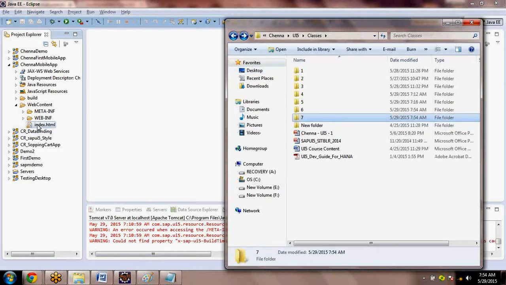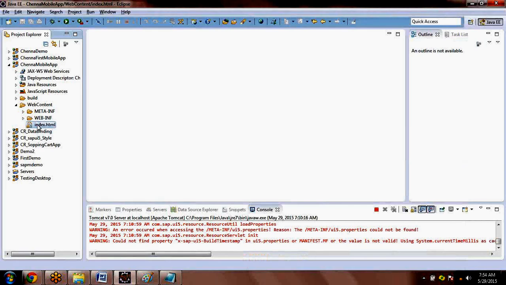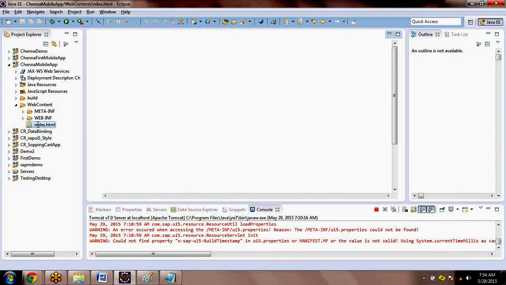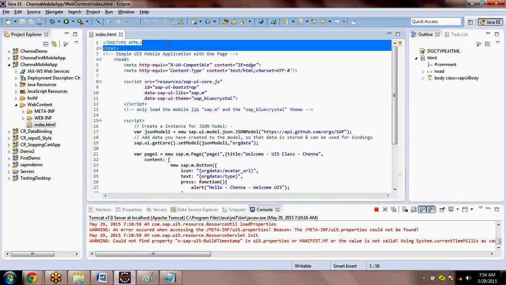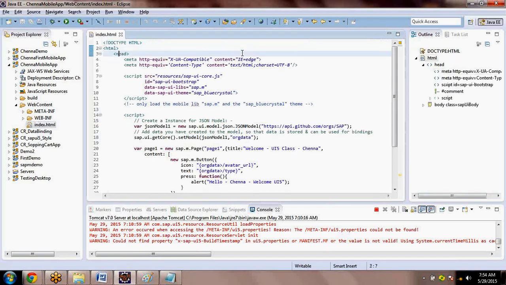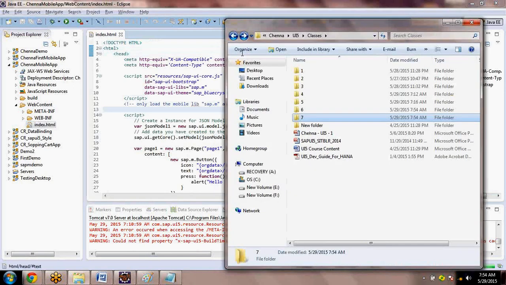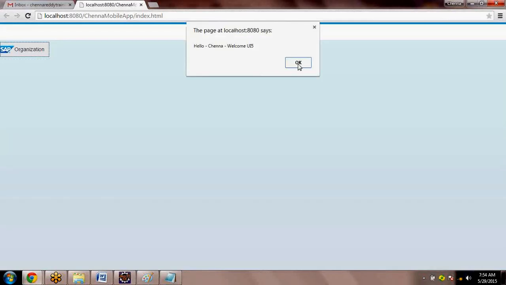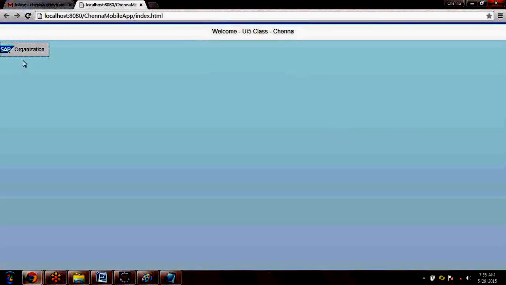I think I need to remove the title. Title is not looking good. So this title is not accurate. Okay, that's fine. What is happening right now? When I click on the button, I am throwing an alert. Instead of throwing an alert, let me go to the new page. So the next program is when I click on the button, I need to go to the new page.